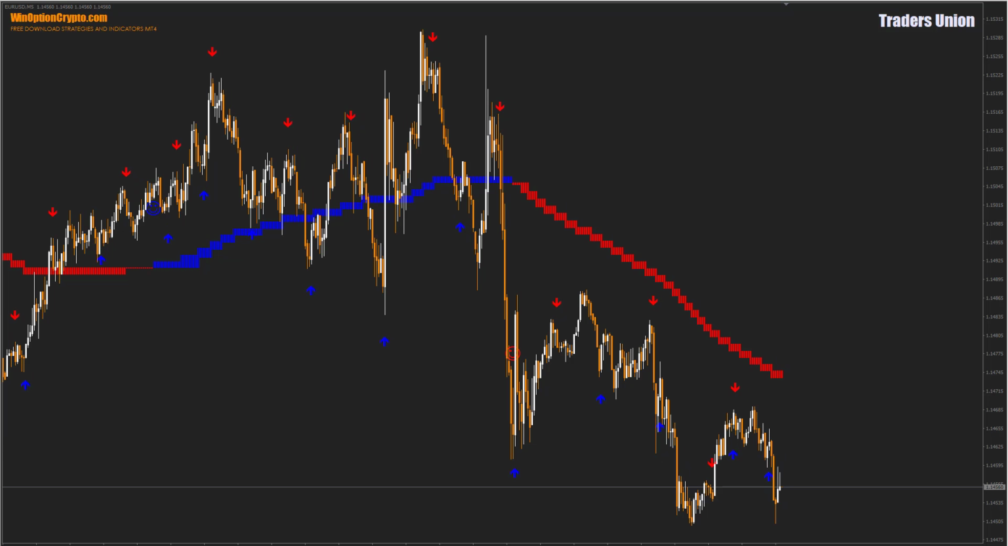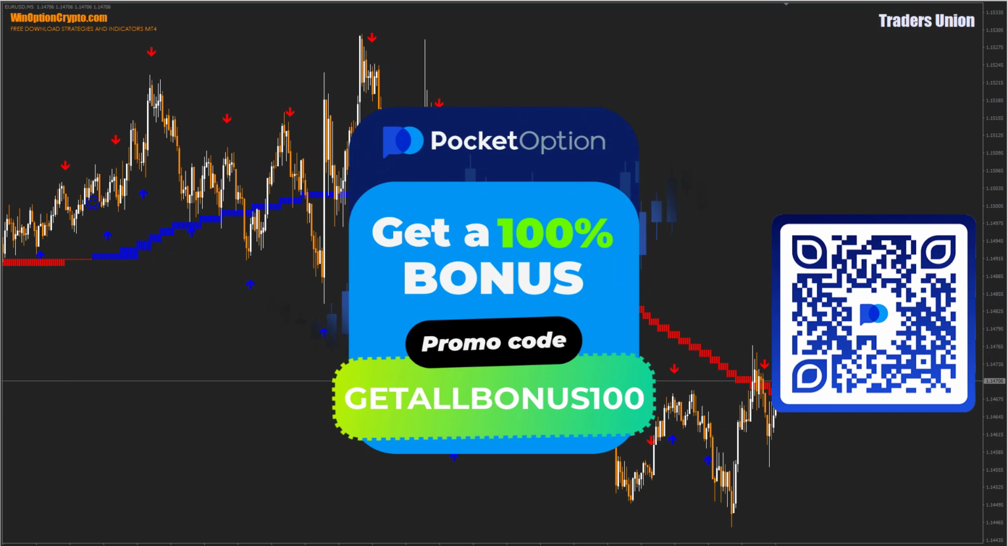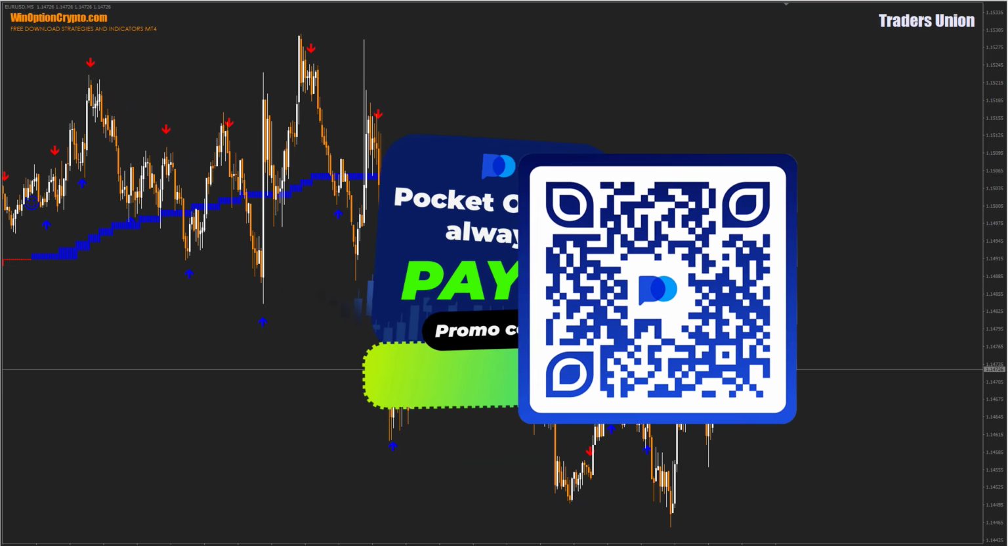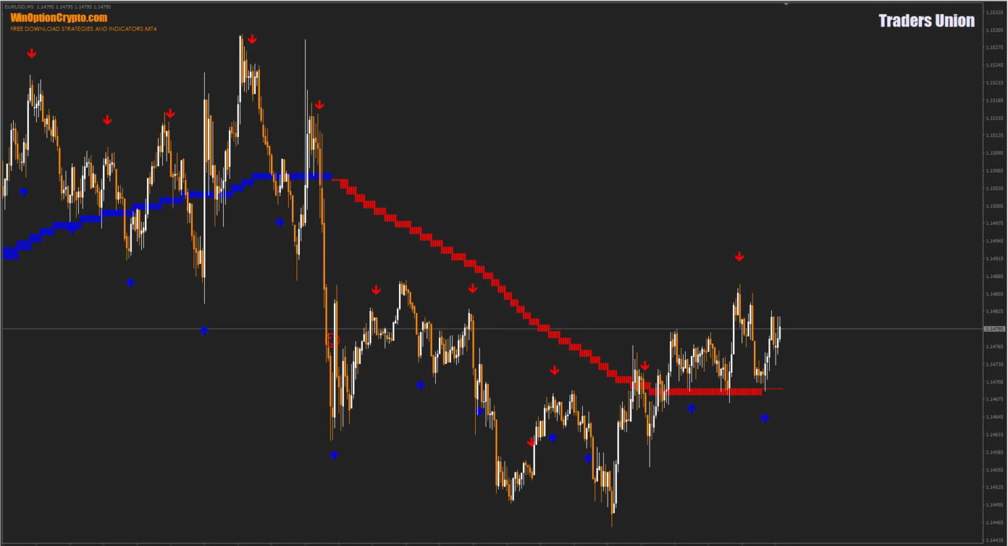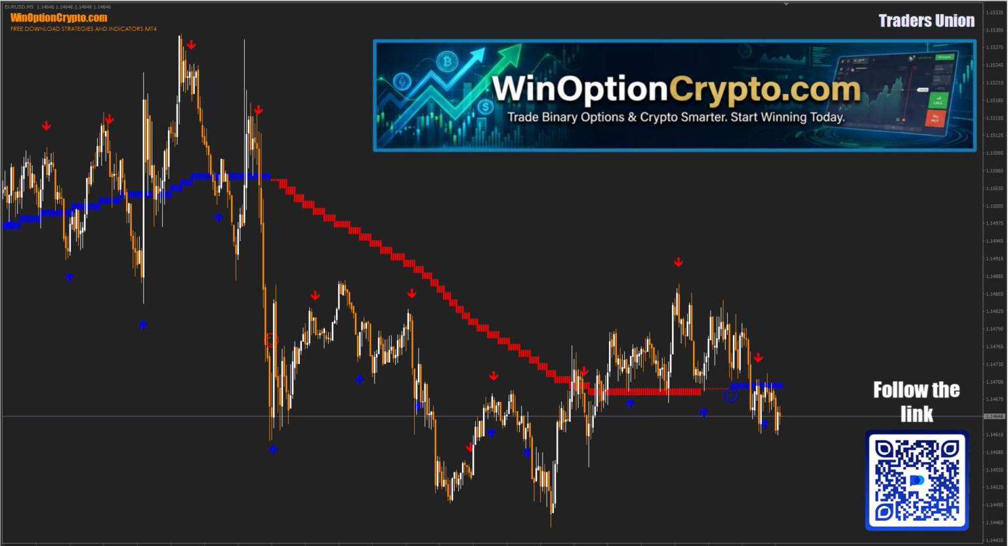Hello everyone! Today we will break down the Traders Union binary options strategy. It consists of two basic components, the combination of which allows you to determine not only the trend direction, but also the optimal moment for opening a trade. All of this is combined into one universal indicator, which you can download from our website,